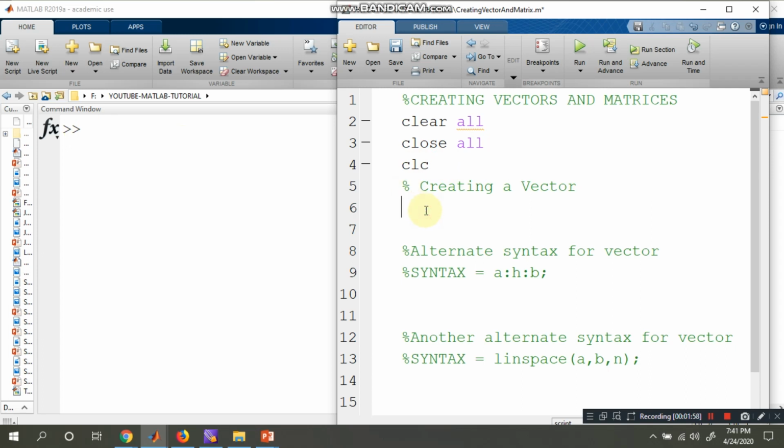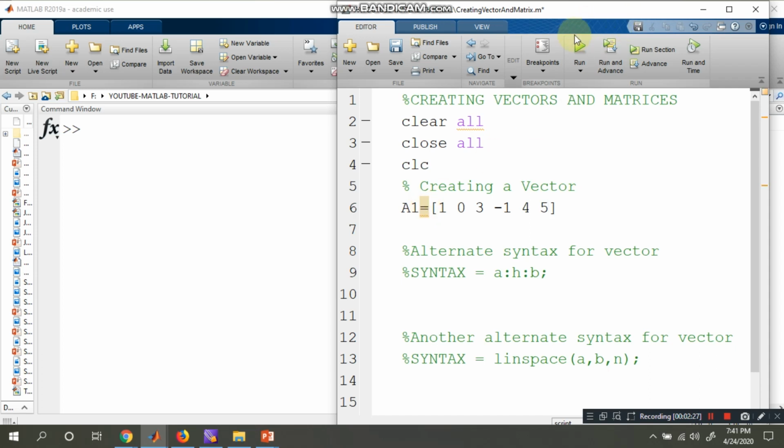Now come to creating a vector. Suppose A1 is a vector. To create a vector we start with a square bracket. Now the elements, suppose with 5 entries: 1, 0, 3, -1, 4, 5, like this.